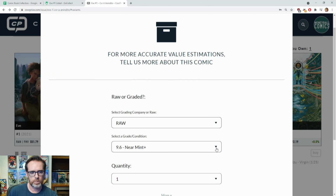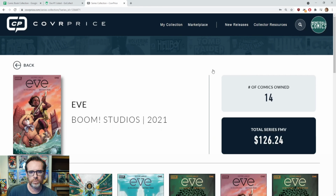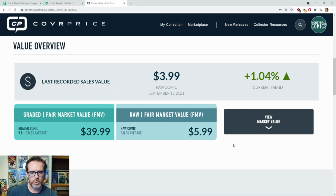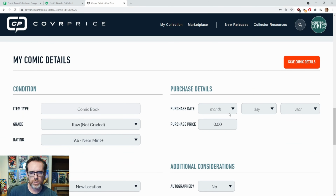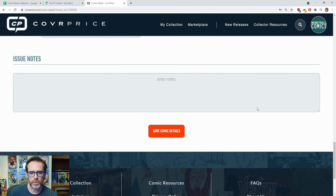again, this will be fast because it too is a 9.6. I now own 4 with the trade, and it's selling for a little bit above cover, so that's comforting. I don't know if I could get $6 for this book online yet, but again, I'm hopeful. I picked the wrong day. It's the 18th. I'm hopeful that in the long run, this will be a series that people will want to